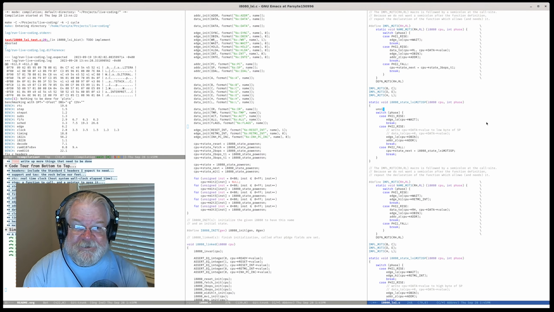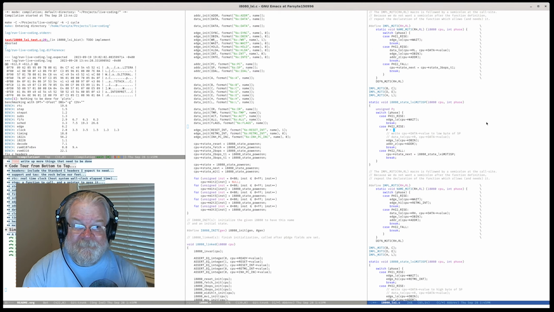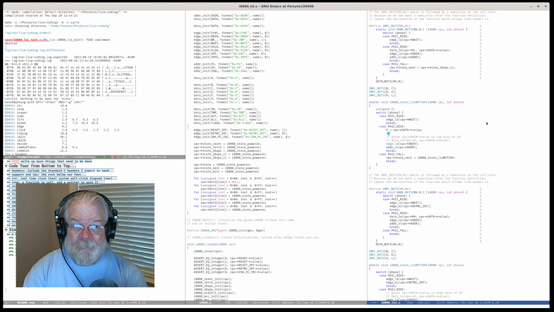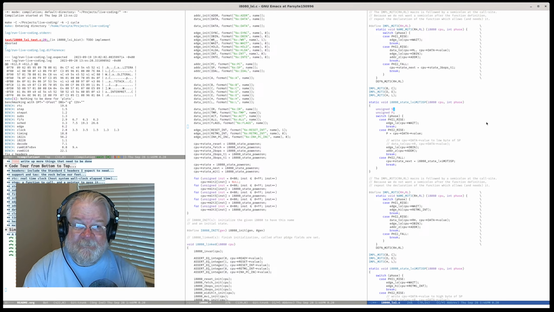So what we want here is unsigned. I'm going to have a pseudo register called P. And we're going to adder 2 of CPU arrow SP is... actually, let's make this explicit.